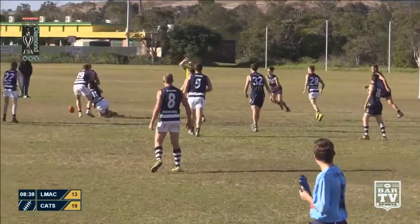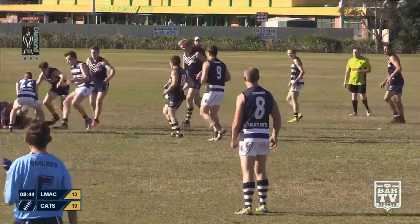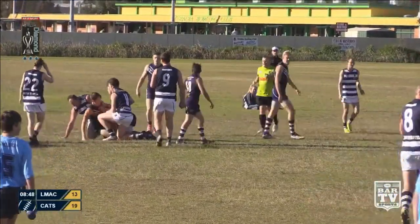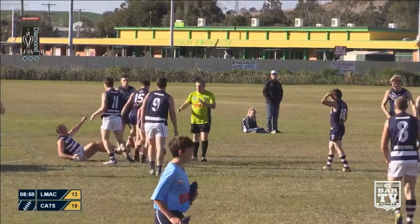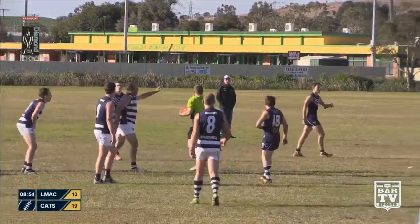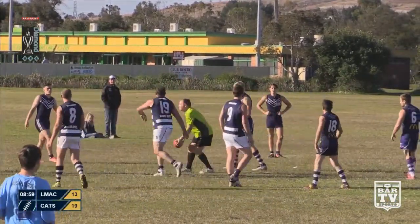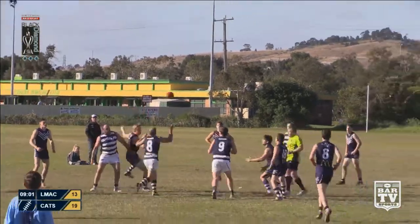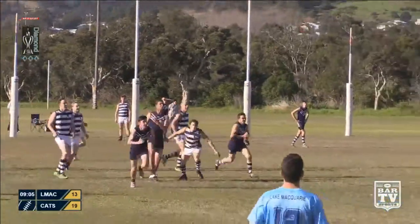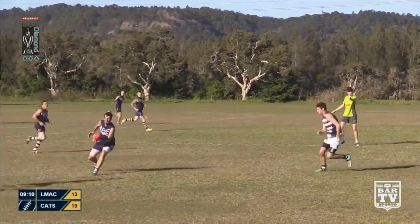Damon Charlie takes a good mark. No, not awarded. Ben Taylor's picked the ball up. Everyone's over the top of him. So there's a ball up again. Alex Zane pumps it forward. A good mark to